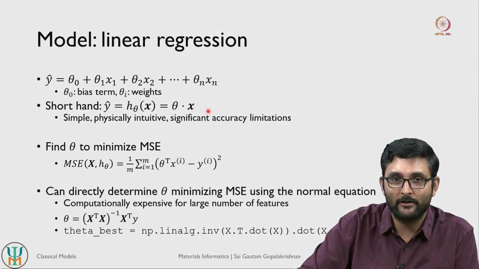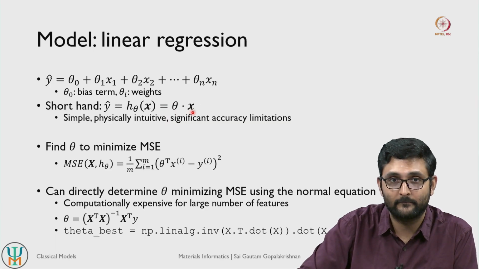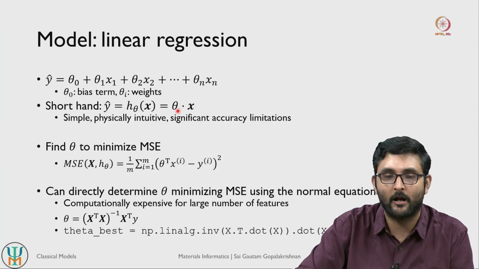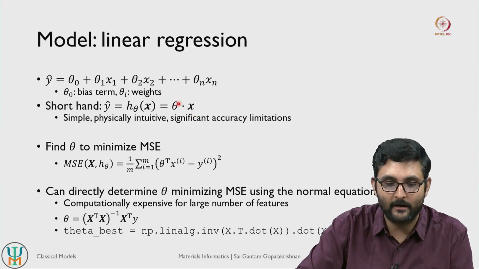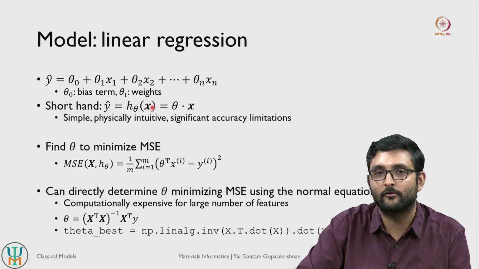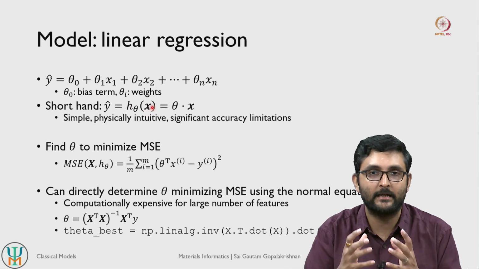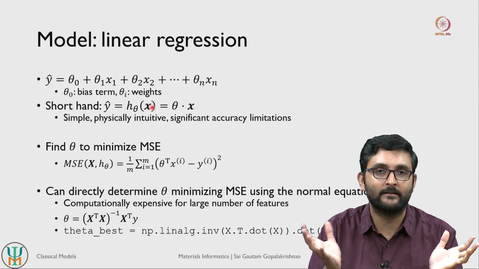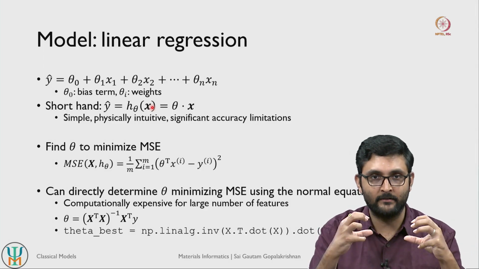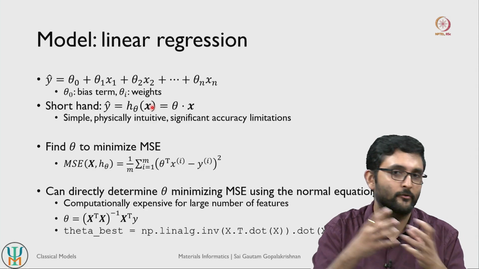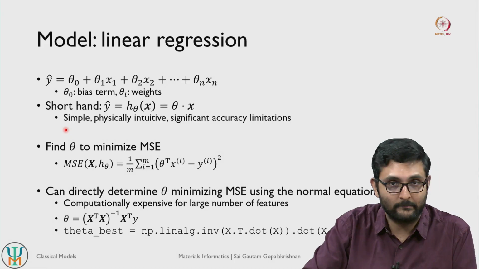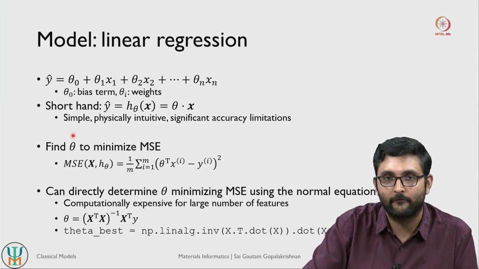You can also denote this for linear regression as just theta dot x. Theta is one vector and x is another vector, so it is just the dot product between the two vectors. This theta dot x is a simplification for linear regression. H theta of x is a general notation that can be used for any machine learning model. So h of theta refers to a collection of your weights and biases and whatever mathematical functions or relations they have, and that function operates on your input features to give rise to your target. Linear regression as a model is very simple. It is mathematically the most intuitive of models.